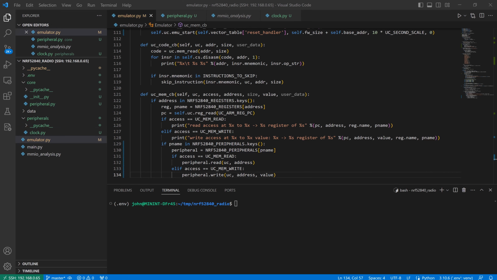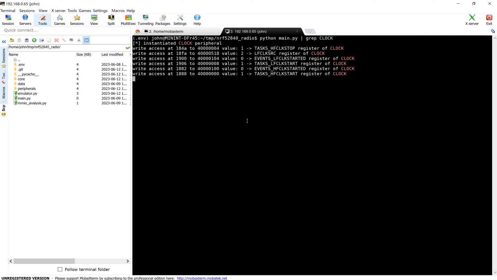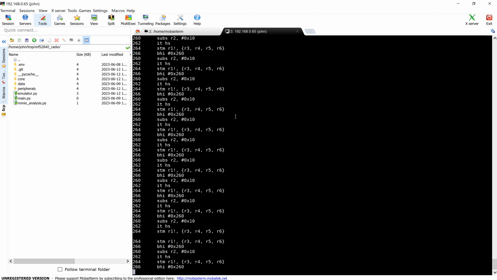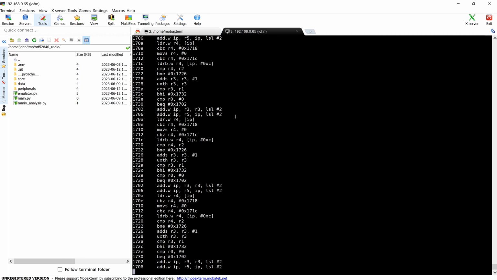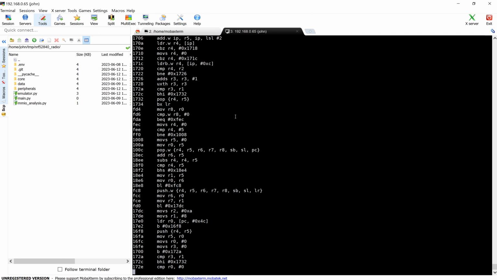Let's run the emulator again. Good. We only see one read access to this event flag register. Let's rerun it with full logging enabled. Okay, we passed that loop,